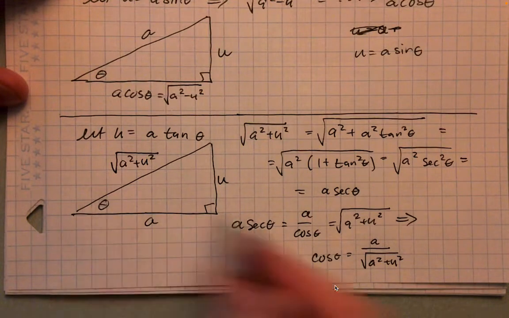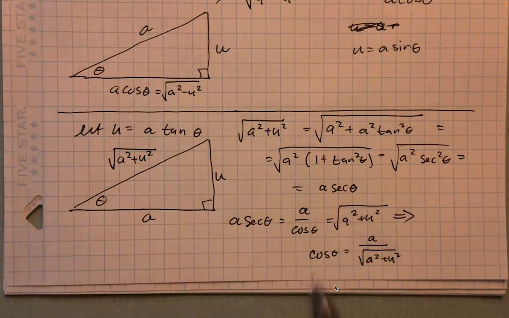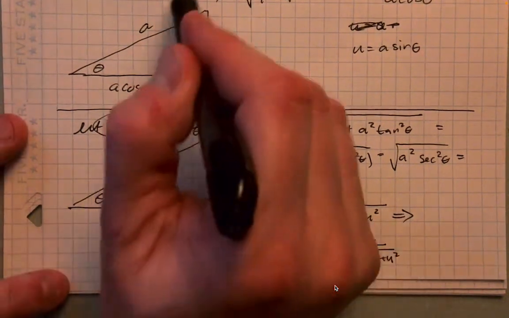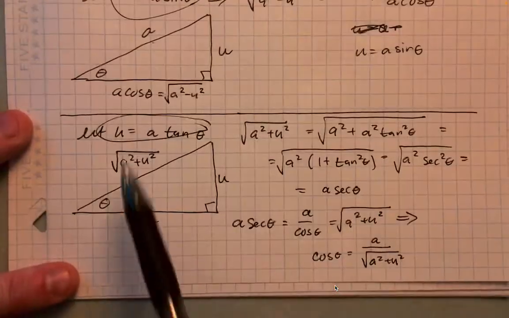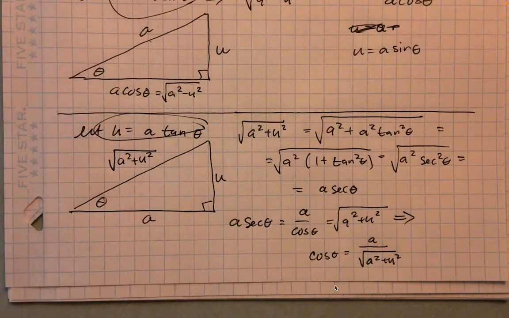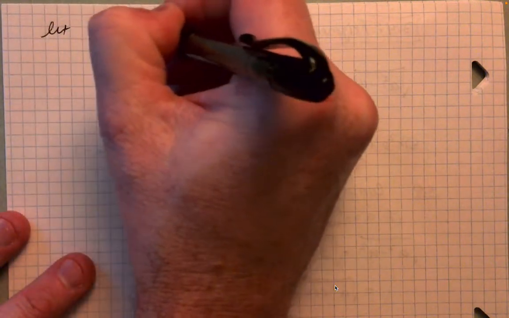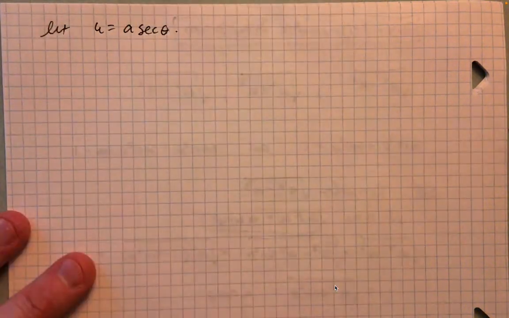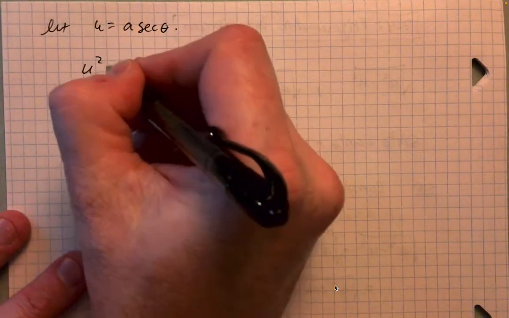Okay, so that all kind of spins out of this substitution. The first one we looked at was this, which is kind of like covered up here. And the second one is what happens when u is equal to a tan theta. We can do something similar for the secant of theta substitution. All right, so if we let u equal a secant of theta, then we get something nice out of this one,